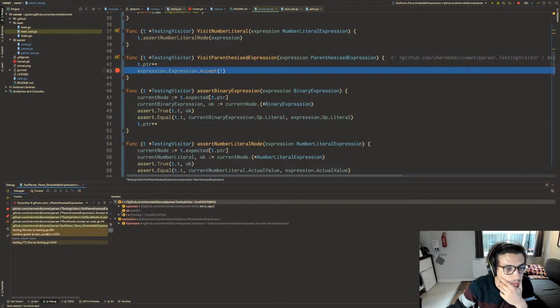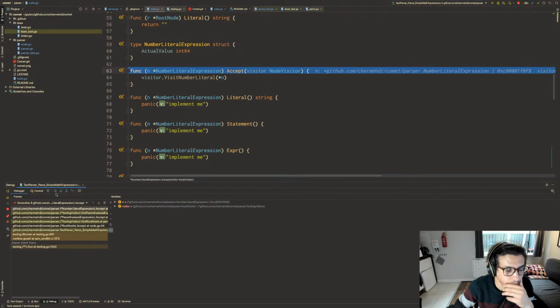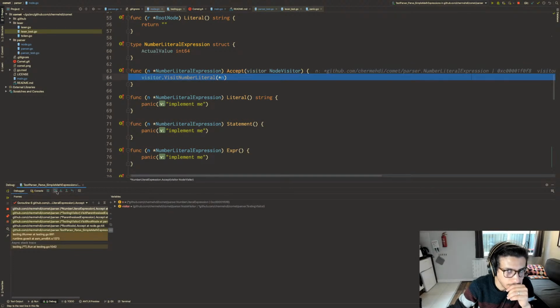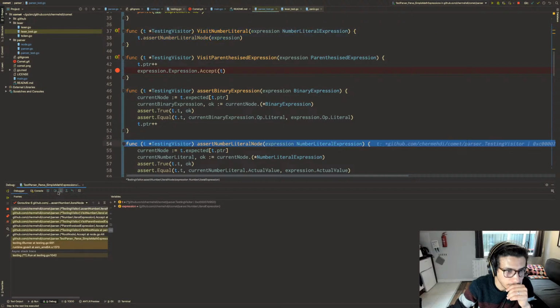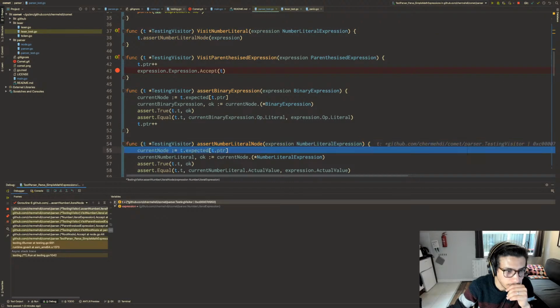So t now, in this case, is 1, and the expected has a parenthesized expression. And going in here, you'll see that we have a number literal, and we will assert number literal, and the pointer is 1, so you should take,